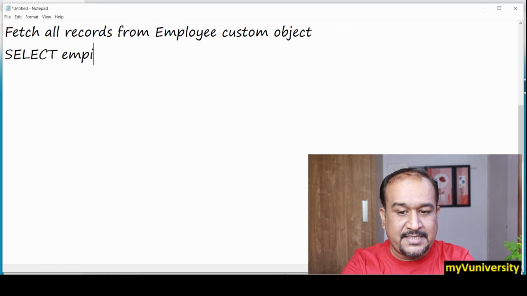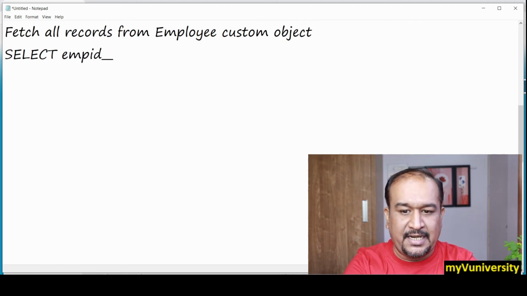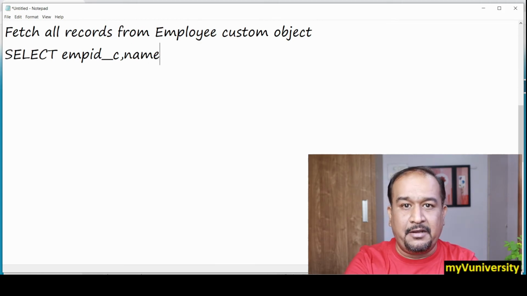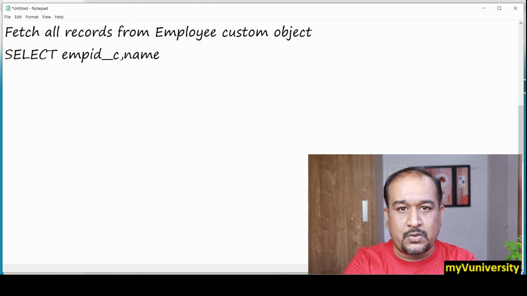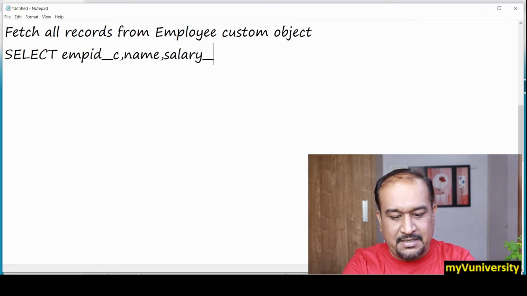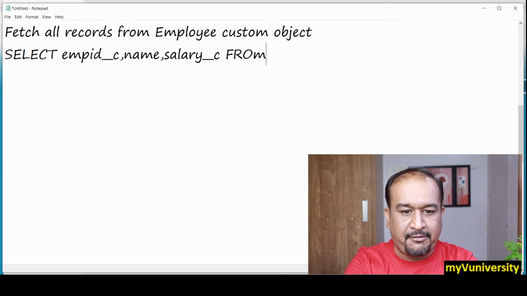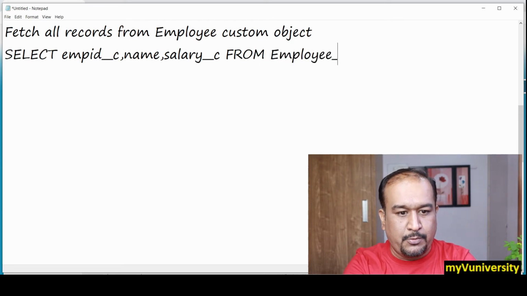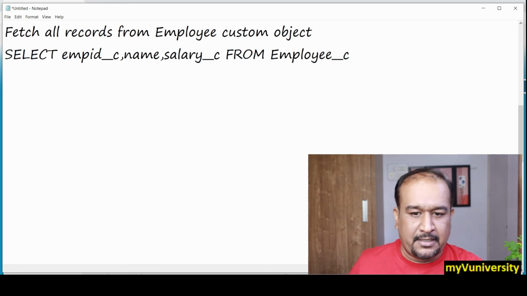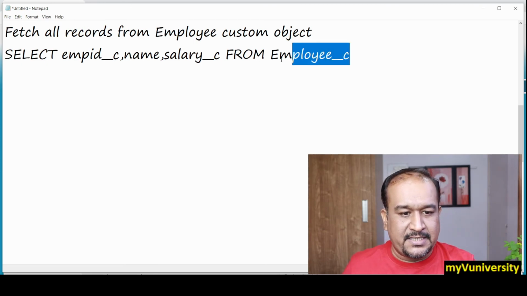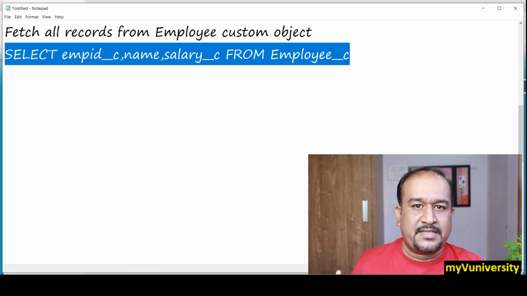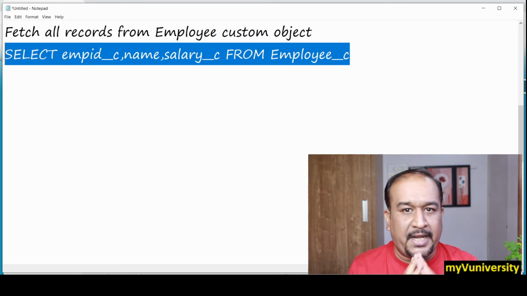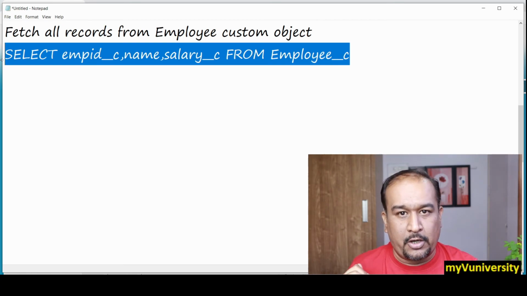So EMP ID is a custom field, so it has to be written as EMP_ID__c, comma, name. This is a standard field, so do not put __c. Okay. Then salary, again a custom field, and then from, and employee is the custom object, so you have to put __c for that also. C stands for custom, and it is not case sensitive. Capital C, small c, both are acceptable. This is the normal thing.